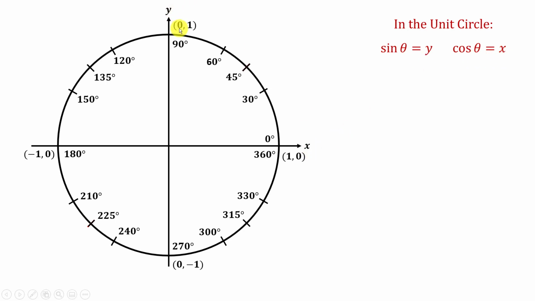So let's say when I look at the coordinate of this point here, 0, 1, that's the point on the terminal side of the angle that measures 90 degrees. That's where this angle terminates. That confirms what we already know, that cosine of a 90-degree angle equals 0,